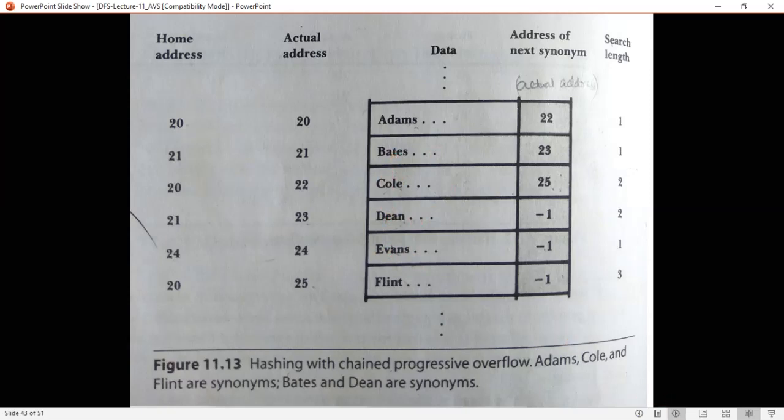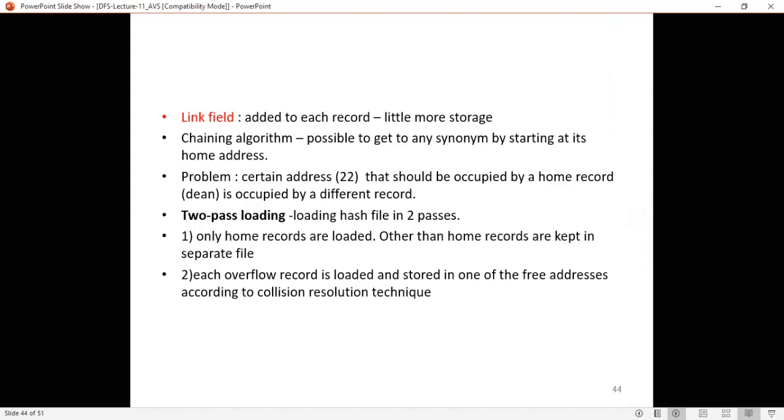So what is the solution to that? Within this chained progressive overflow itself, you have the solution to it, that is called two pass loading. In two pass loading, you are loading the hash file in two passes. In the first pass, only the home records are loaded.